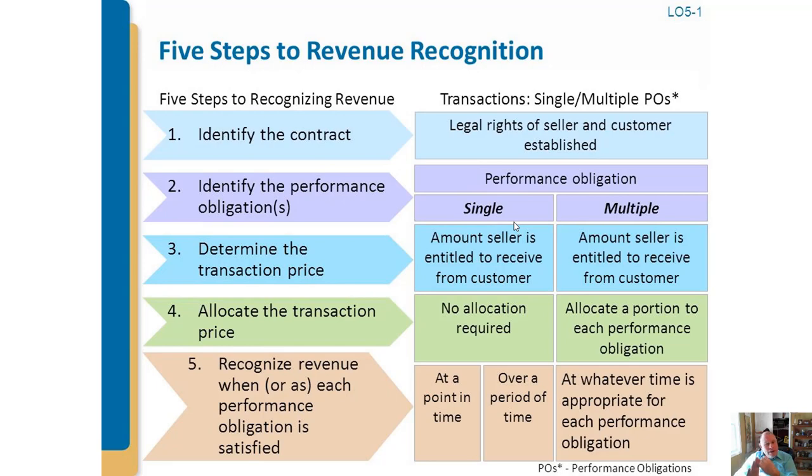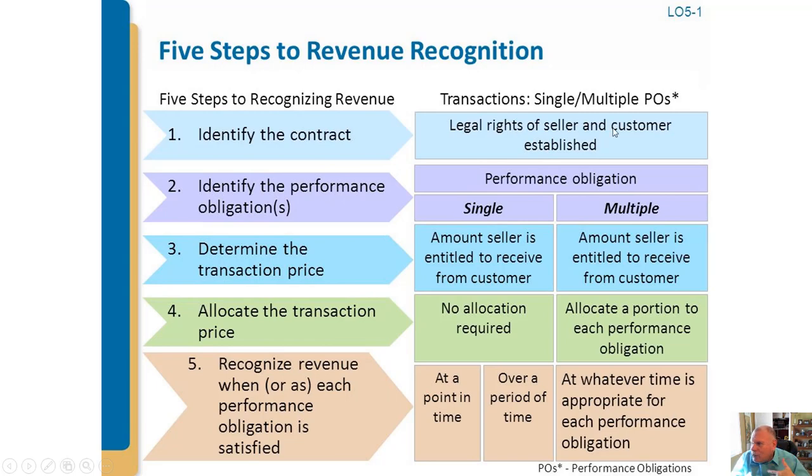First we identify the contract, then we identify what the obligation is, determine the transaction price, allocate the transaction price to the different components if it's multiple, and then decide when this performance obligation is done so that we can recognize the revenue. Is it at a point in time? Or over time? When we get to multiple, we're doing the same thing, expressing it on POs, POs being performance obligations.